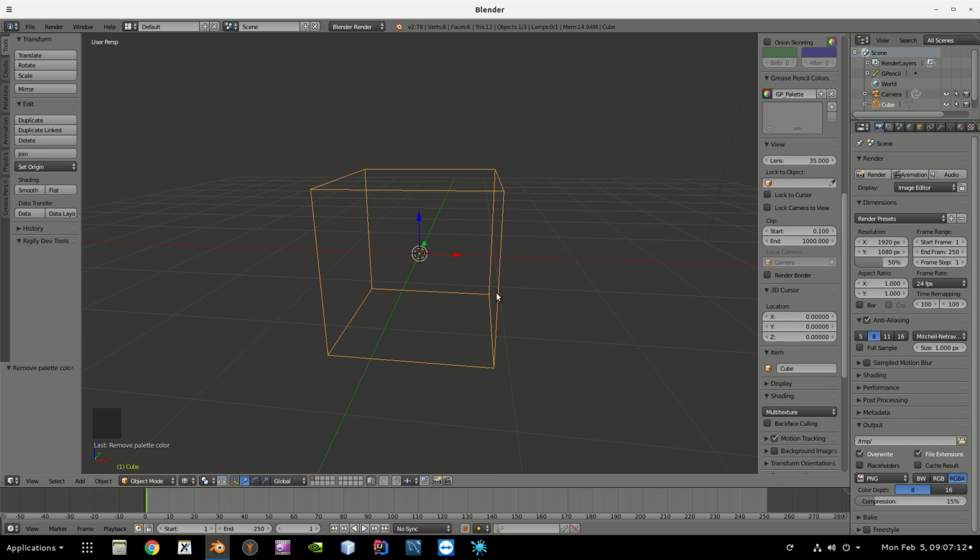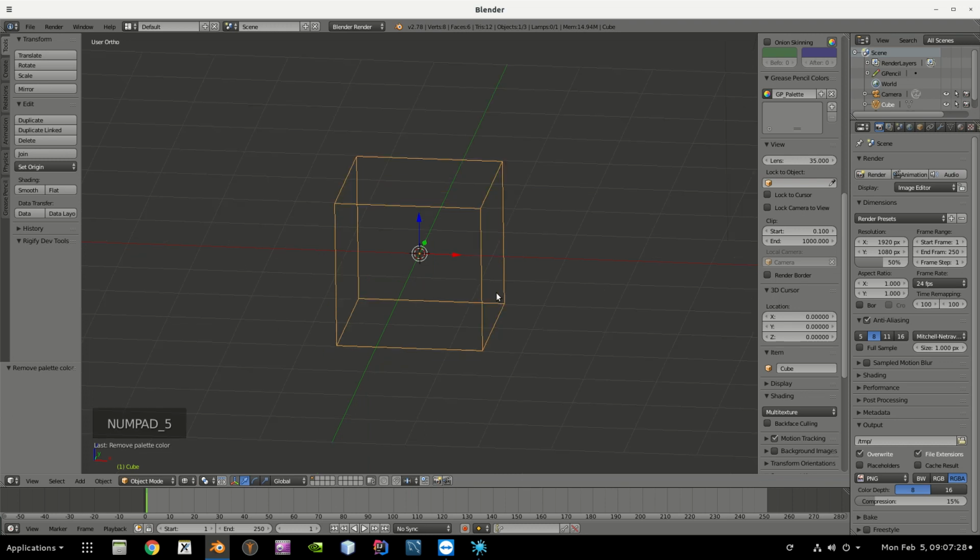Okay? But often when we're designing something, we have done so in our physics course or in some other courses. When we draw objects, we sometimes keep parallel lines parallel because that helps us measure things properly. So the shortcut to use over here is number pad 5. It switches from perspective view to orthogonal view. So in orthogonal view, all these parallel lines stay parallel. Okay. This allows you to